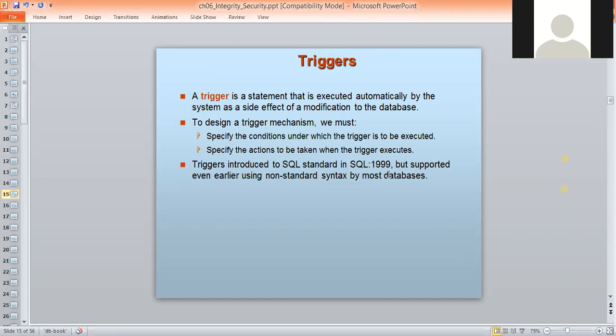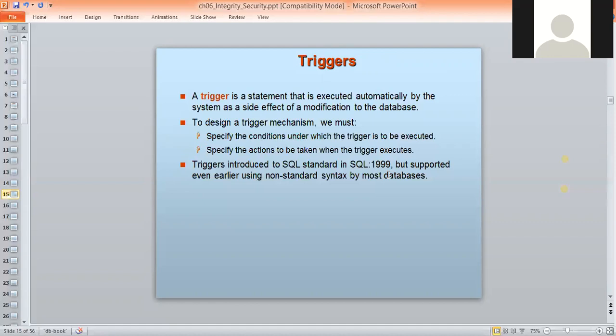To design a trigger mechanism, we must specify the conditions under which the trigger is to be executed. First, we have to write the conditions on which the trigger needs to be executed automatically. Then specify the actions to be taken when the trigger executes.